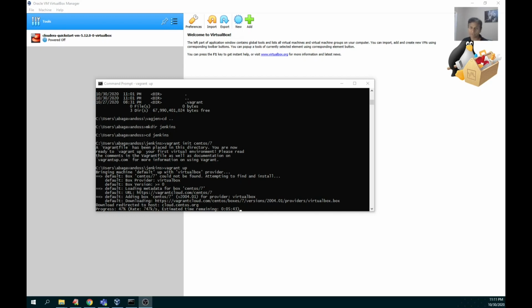So first, I'm going to install Jenkins on top of Vagrant. As the name suggests, Vagrant is an ephemeral operating system, so it is easy to host, easy to move, easy to replicate, and easy to port. That's the purpose. Now we have started with Vagrant and we are installing Jenkins. Let's see how we are going to host Jenkins.